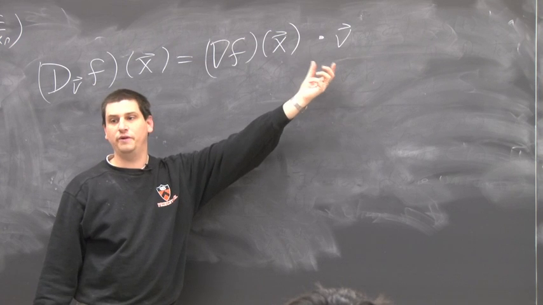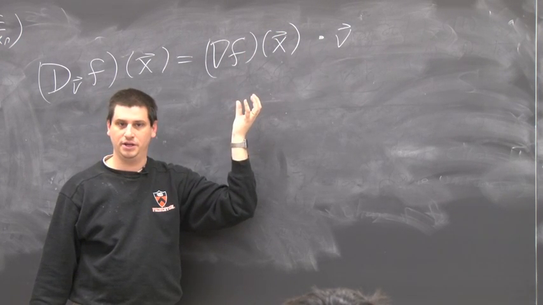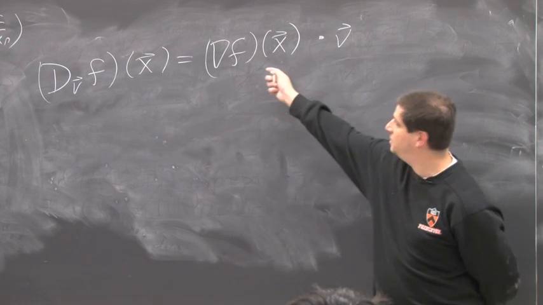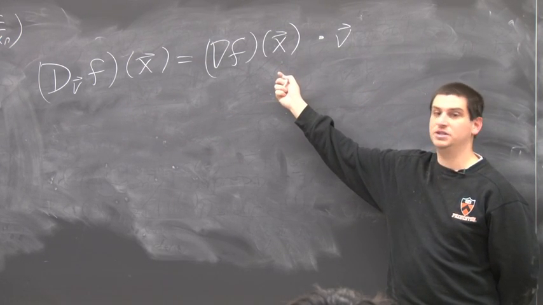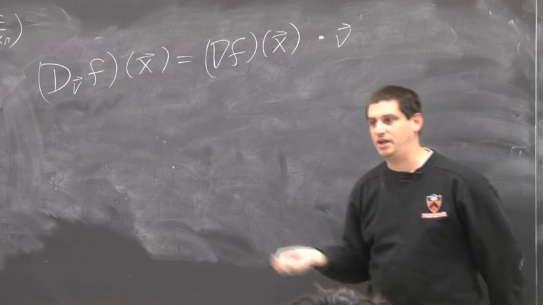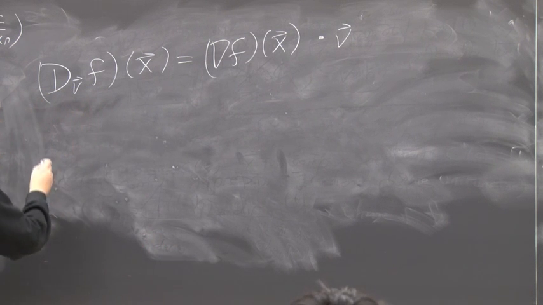I want to figure out what v is best. Is there anything special in this problem? Is there any special direction I can latch on to? This is the gradient of f. So that tells me it's probably either really good or really bad. But the gradient of f should somehow play a role in the answer. It's the only thing that's there. And so if we look at